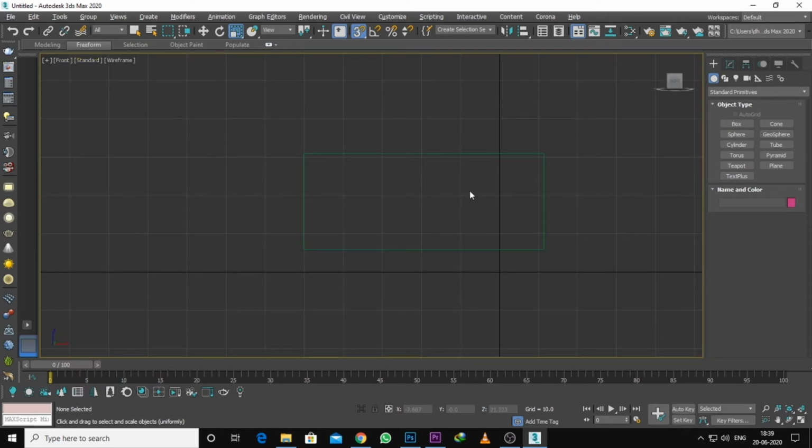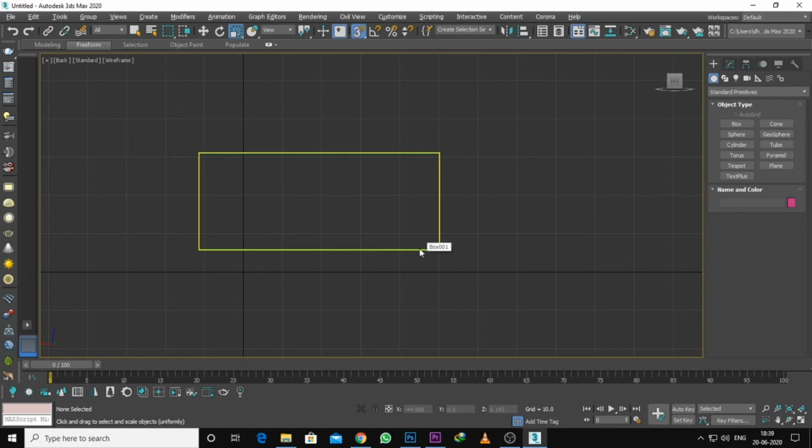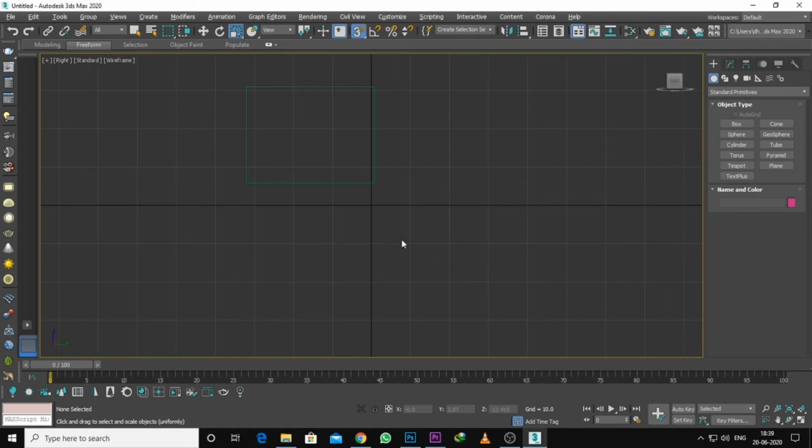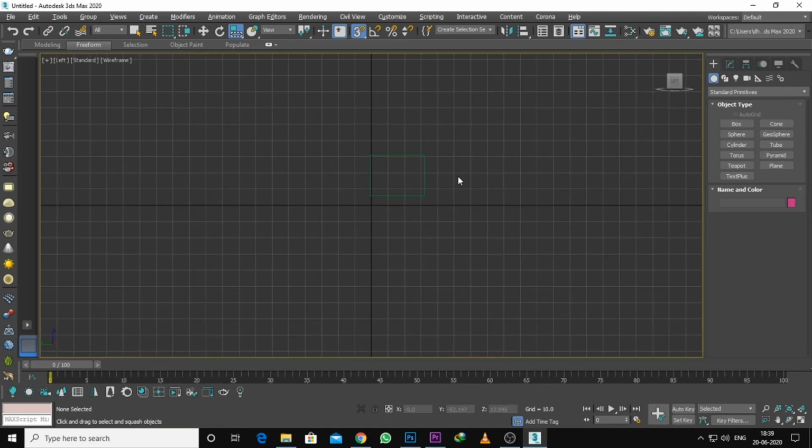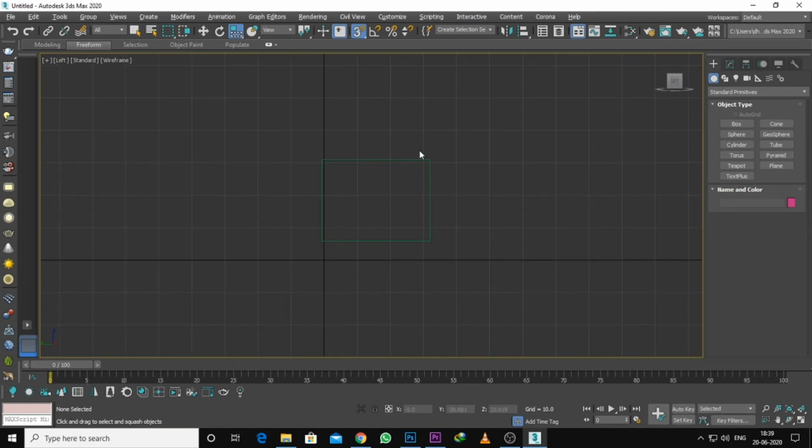But if you want the back view, you cannot simply get it by pressing B, because B is bottom. So press V and K. VK is for the back view, and V and R for the right view, because R is for scale. So press V and R for right and V and L for left.